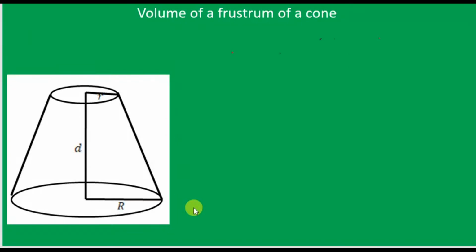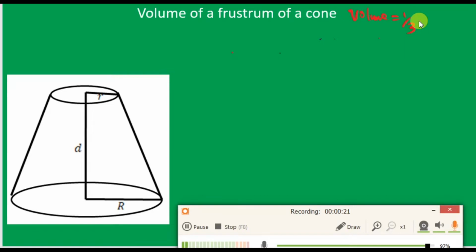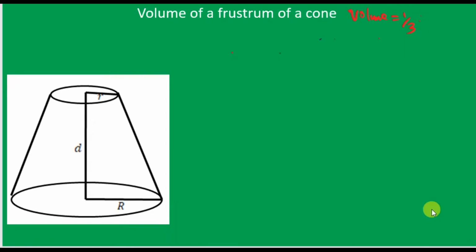Find the volume of a frustum of a cone. So we've known that the volume of a cone is always 1/3 base area, and the base area is pi r squared, times height, the perpendicular height. Since this is a frustum, before we can find the volume, we